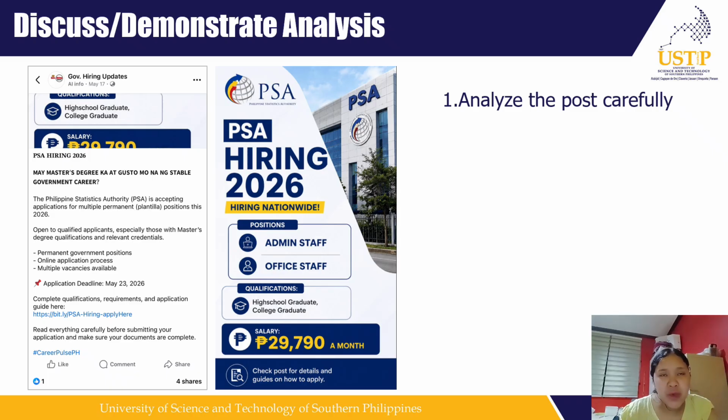You would usually expect professional language since this is a job hiring. But "may master's degree ka at gusto mo na ng stable government career," that doesn't sound exactly professional, right? It sounds more like a caption that is meant to get your attention. So, after examining the post, we can see that it appears convincing at first glance, again, because of